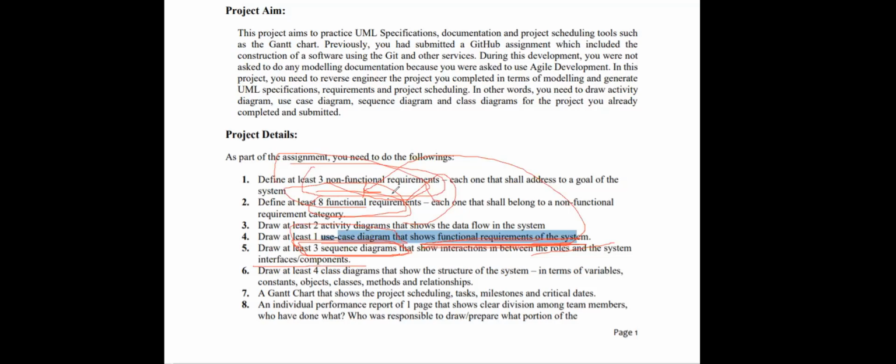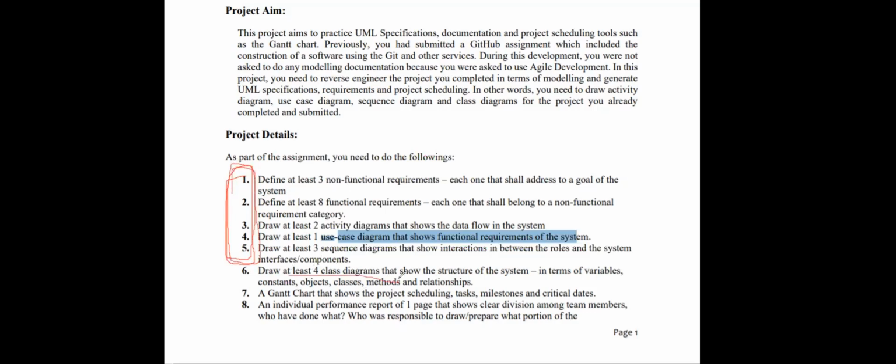Hence, you will lose points. So basically, everything should work with one another and be connected. Although these are different diagrams, they all have a big connection and you must keep them consistent, one being derived from another inside your documentation.